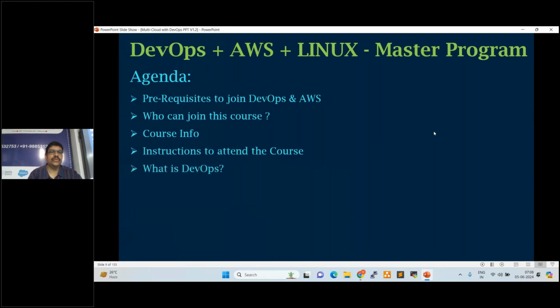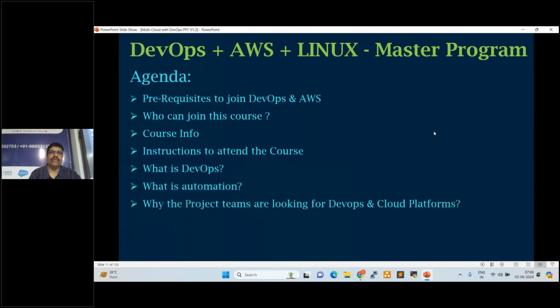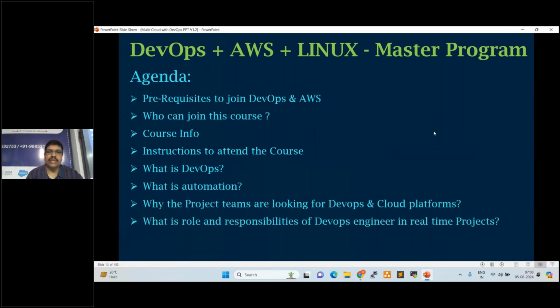What is DevOps? What is automation? Why are project teams looking for DevOps and cloud platforms, which are very popular in the market currently? What are the roles and responsibilities of a DevOps engineer in real-time projects? And also SDLC, the software development lifecycle. These are what we can discuss today. Let us go one by one.